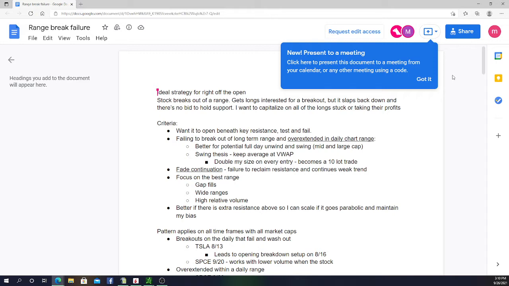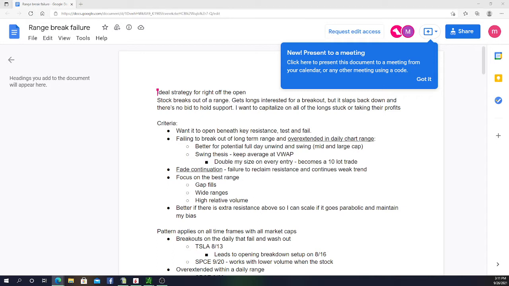All right, cool. So I sort of named this strategy a range break failure, in the way that I'm looking for an overextension on any sort of time frame where it breaks above a range, immediately comes back in, fails to reclaim, and then flushes everyone out. With that in mind, I'm looking for the longs there to get interested for a breakout, and then because there's no bidders there, they all just get flushed out, and I'm looking to capitalize by going short, risking off 5 days or over under that key level that it